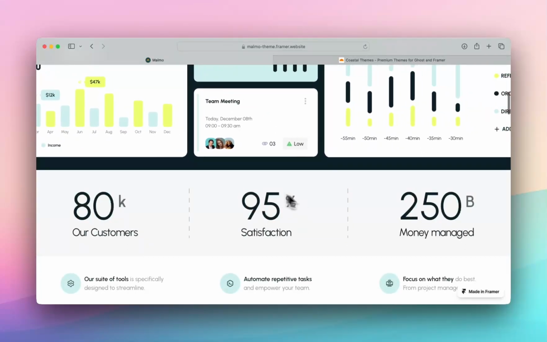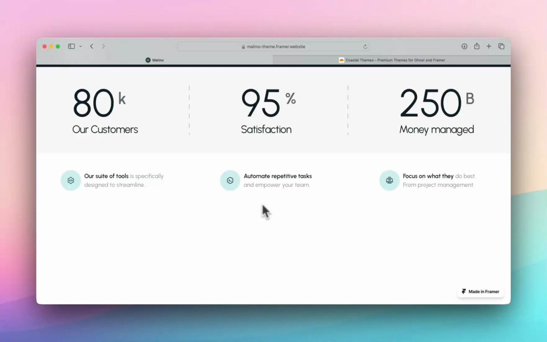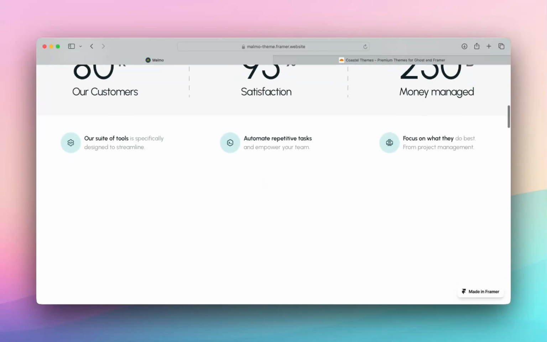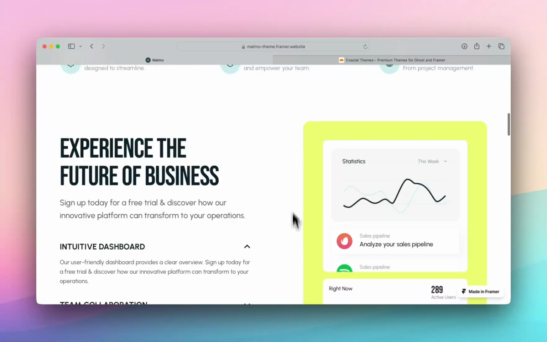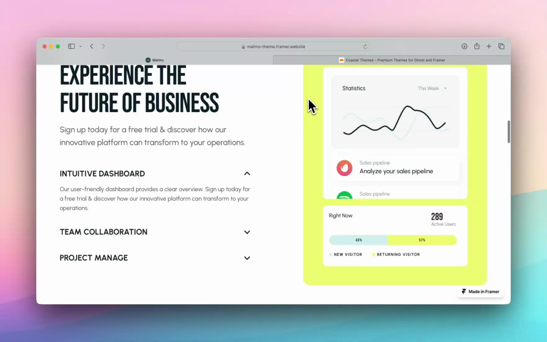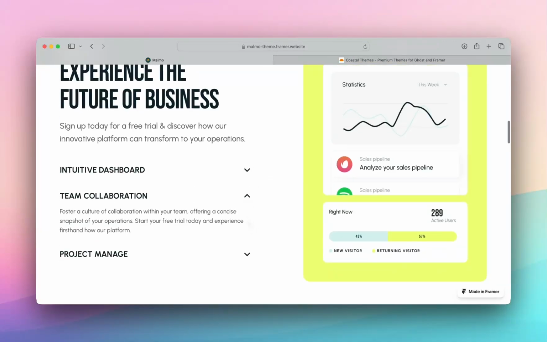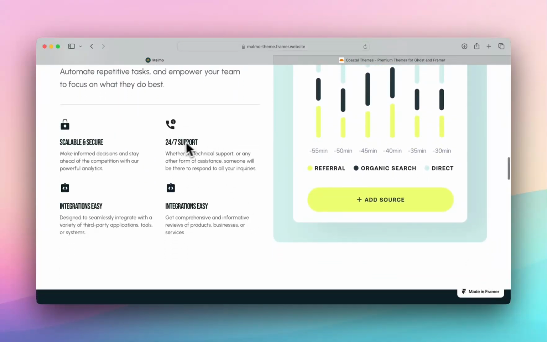You can see we have this dynamic stats section with the numbers which count up. And as per all our themes, we have this beautiful on appear scroll animation where the content just slides in from the bottom and fades in as well. All our sections are designed to allow your users to look at information, read content really quickly, really concisely. And so we utilize a lot of things like accordions, block sections, iconography,